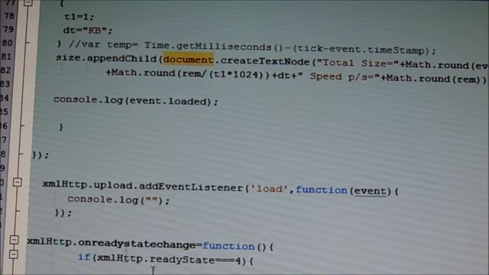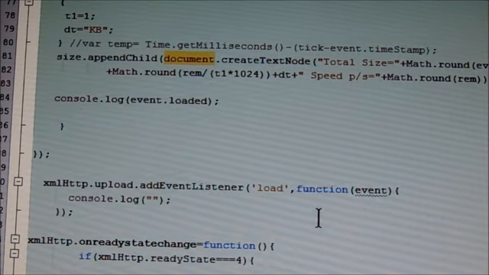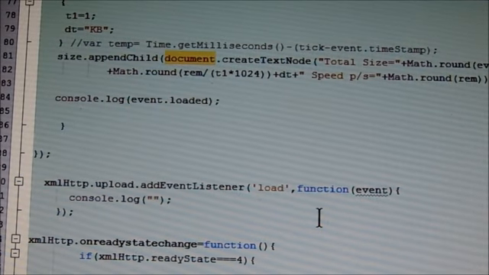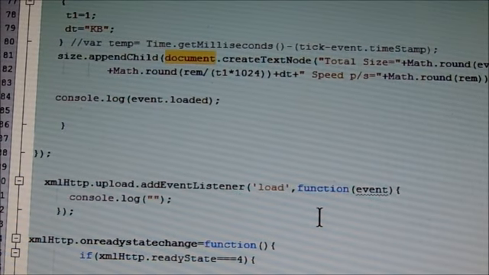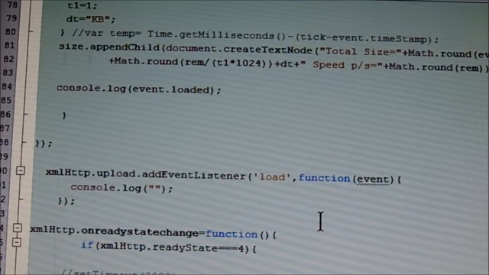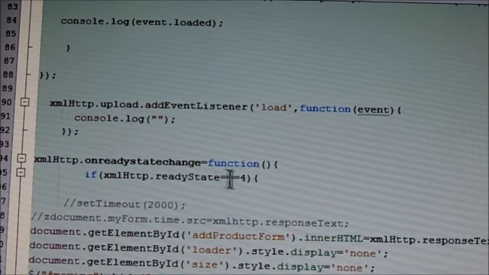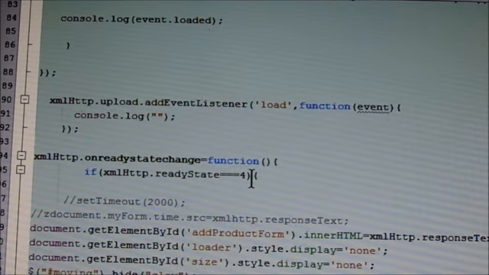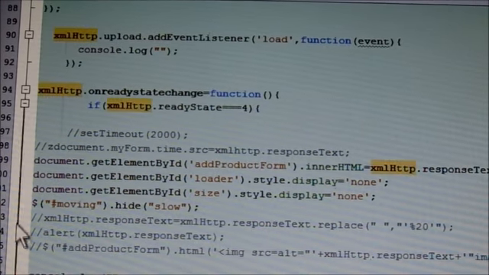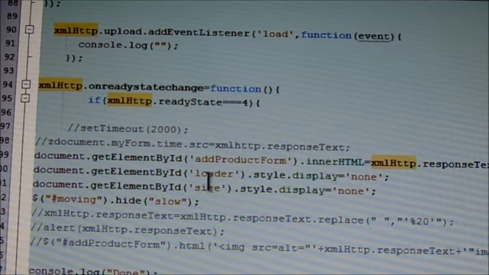And when your Ajax object is on ready state change, meaning when your Ajax is initialized, then ready state is equal to 1. When the operation is performed, ready state is equal to 2 and 3, and when it is completed, ready state is 4. If XML.ready state equal 4, it means your Ajax is completed, then we get element by id http response.text and